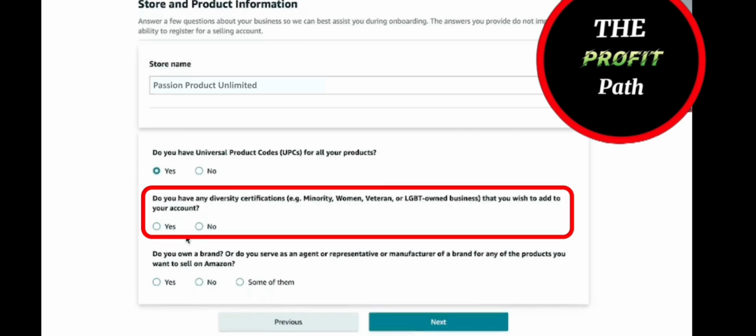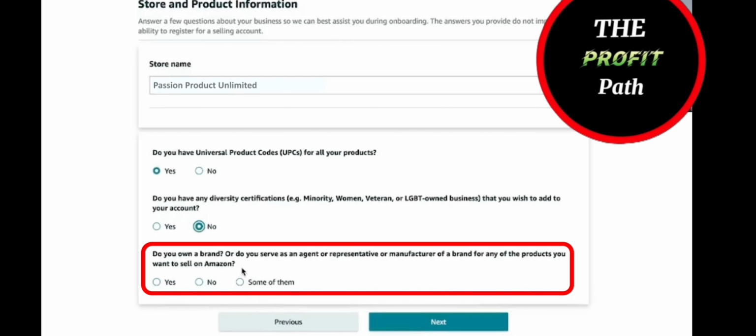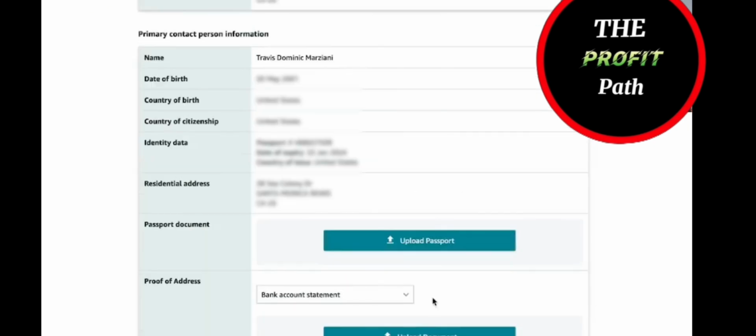Then Amazon asks if you have any diversity certification. Sometimes Amazon will highlight minority-owned businesses, but sadly, I'm a boring straight white male who is not married. And the last question they will ask you is, do you own the brand that you're going to be selling? And we own this brand, so we're going to click on yes and then click next,